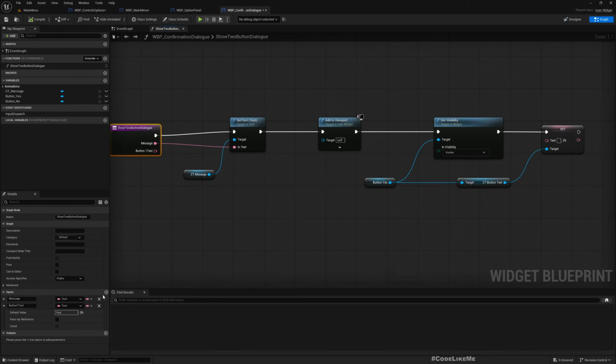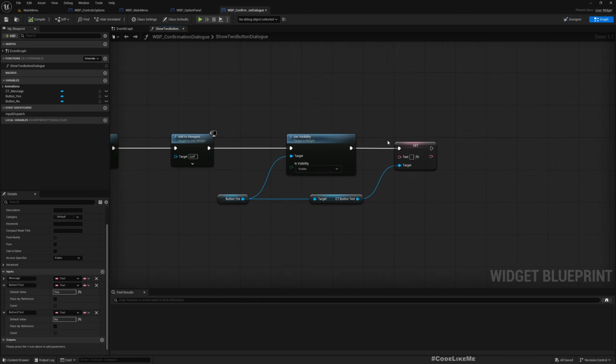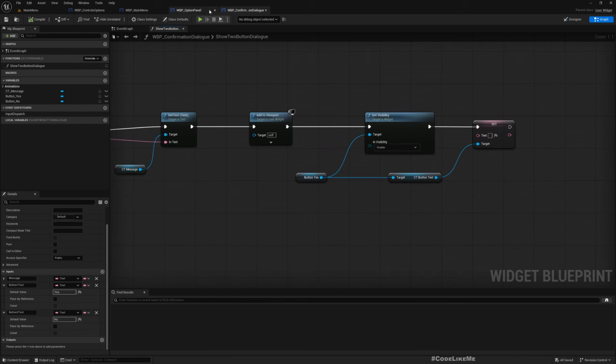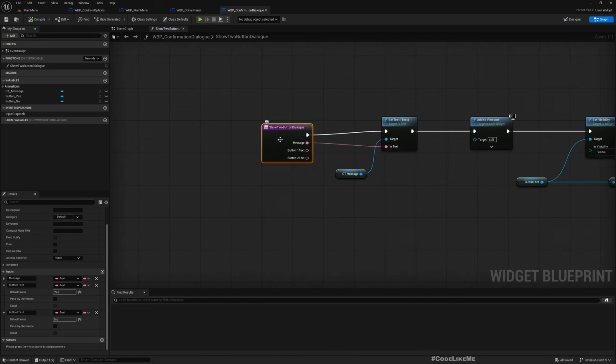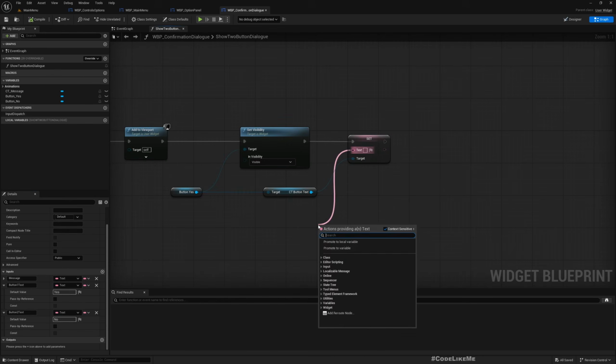And another input, button 2 text, and set the default value. No, because they were the default values that I already have, so that I don't really have to make any changes to the places where I already call this. So this